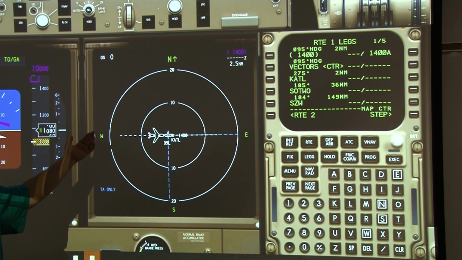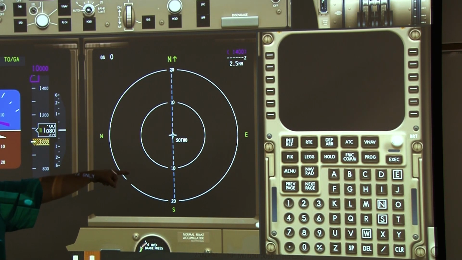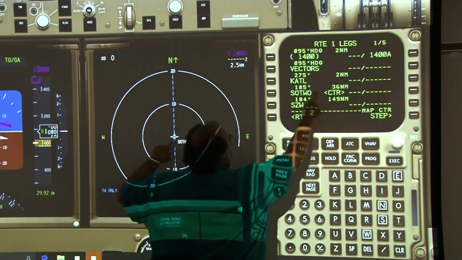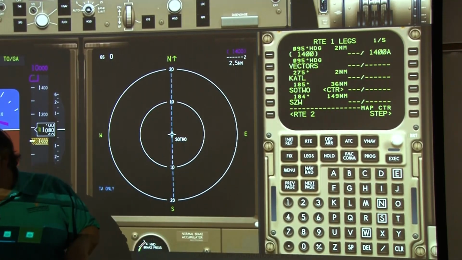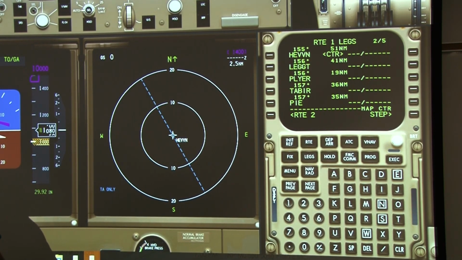Vectors, that's going to show me nothing. Atlanta, now that will be in the center of the screen. Then South 2 will be the next one that centers in my screen. There's South 2, center, center. Step through these one at a time. Every single one will look at all these different fixes along our route of flight, all the way down till